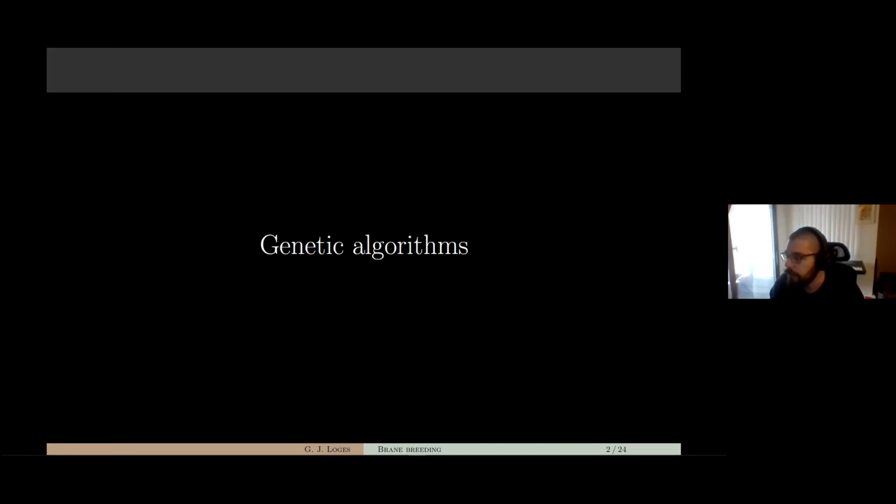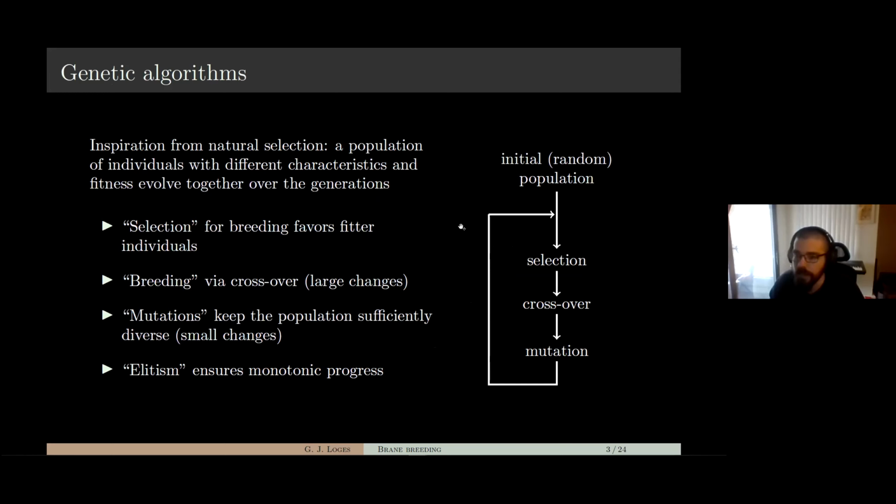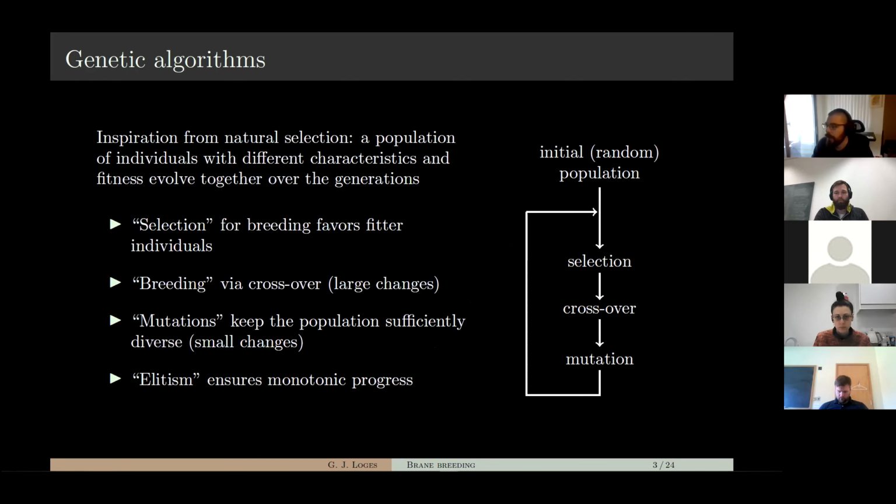Okay, so first with genetic algorithms, this is fairly general. As I mentioned, inspiration from natural selection. You have some population of individuals which are trying to solve some problem, as measured by, for example, a fitness function or a cost function. These individuals will be combined in some particular way, and there will be mutations on top of that in such a way that they slowly evolve, if you will, to solve the problem altogether. So you start with some initial random population,